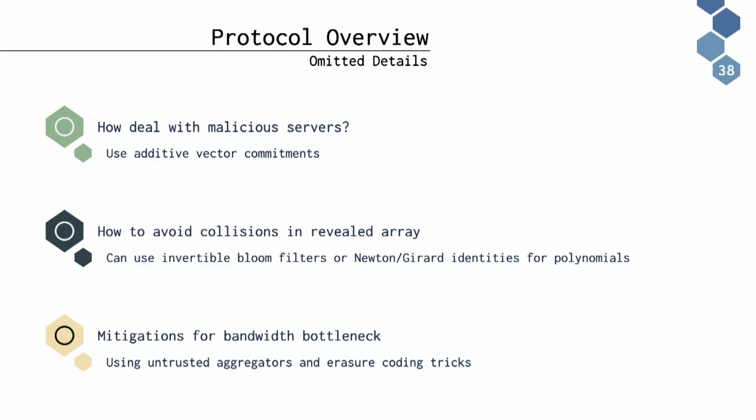And finally, even though this protocol tries to minimize the bandwidth overhead overall, still sending all those ciphertexts is the main bottleneck. So there are different approaches of how you can mitigate this as well. Rather than sending each individual ciphertext to each party, you might think of having aggregators who act as fully untrusted intermediary nodes that aggregate the ciphertexts and then forward them. You might use some erasure coding tricks on the ciphertext blocks across the servers. And it turns out that combining a lot of those tricks together really pays off well in further minimizing the main bottleneck of this protocol, which is the bandwidth overhead.